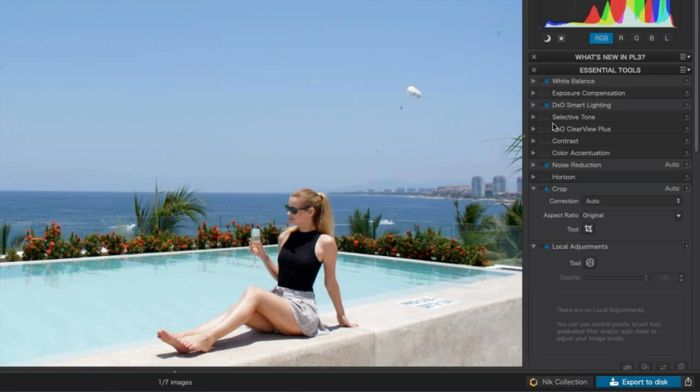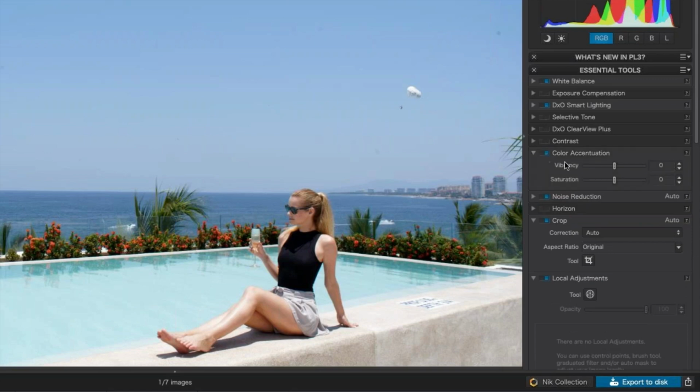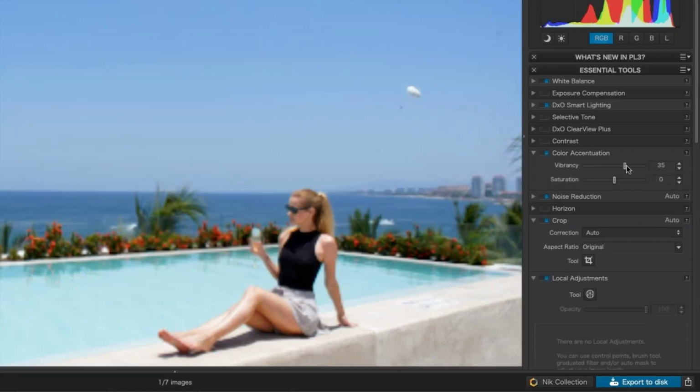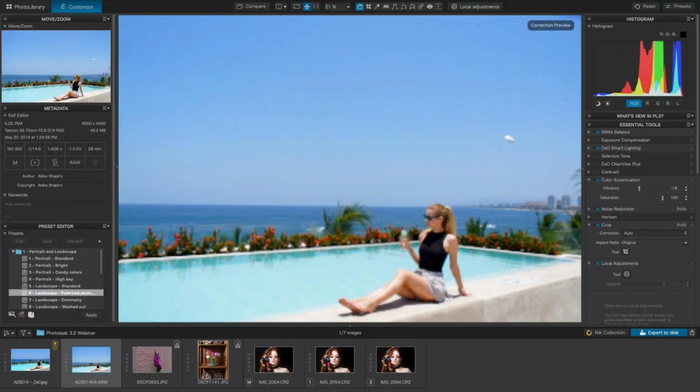So if I went here and I did, say, go into color and turned it on, I could maybe increase the vibrancy or the saturation of this whole image. Well, sometimes I may want to saturate one area, or maybe the sky is too bright. So I want to be able to do local adjustments. So instead of doing this, and by the way, I'm going to reset this back to the default. To reset anything back to the default, just double click right on the slider and it will reset it back to its default